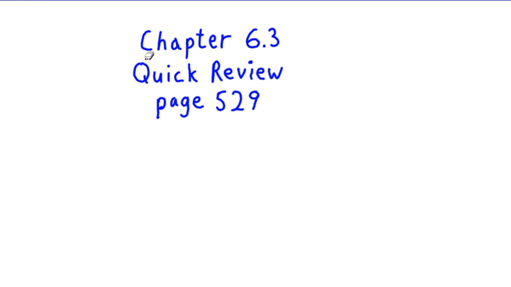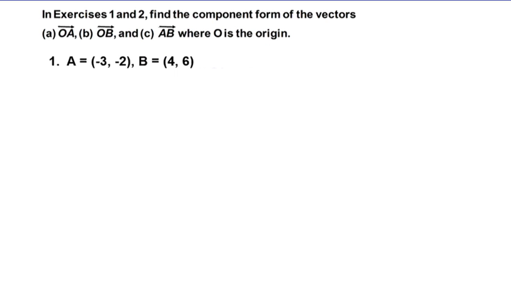Chapter 6.3, Quick Review, page 529. This section is related to the parametric equation. So this is kind of get ready for dealing with parametric equations. And exercise 1: find the component form of the vectors OA, vector OB, and vector AB, where O is